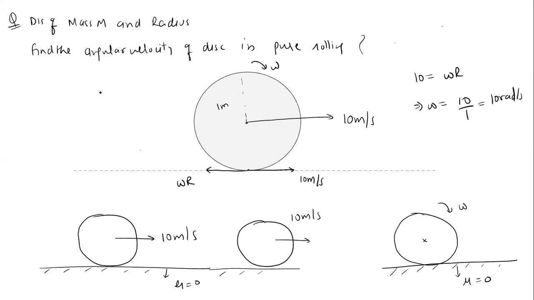Okay, fine. Yesterday we found the angular velocity for pure rolling. Now the next condition, but before starting that, I want you to make a small note. Write down the moment of inertia of any body which is rolling.